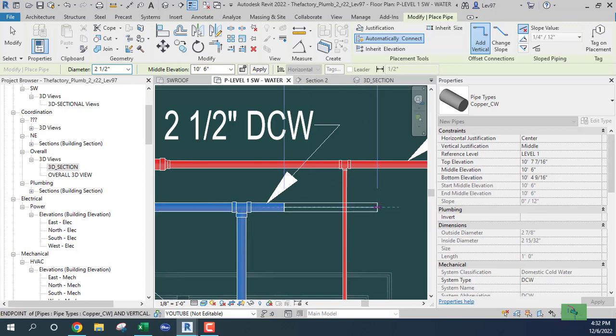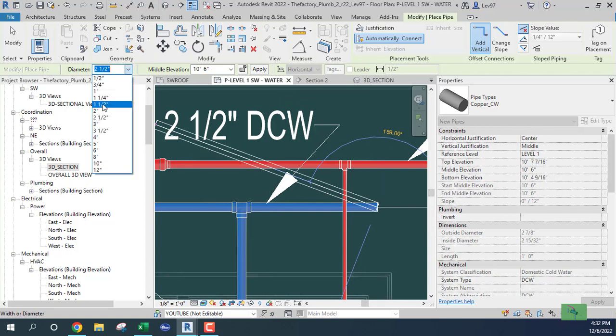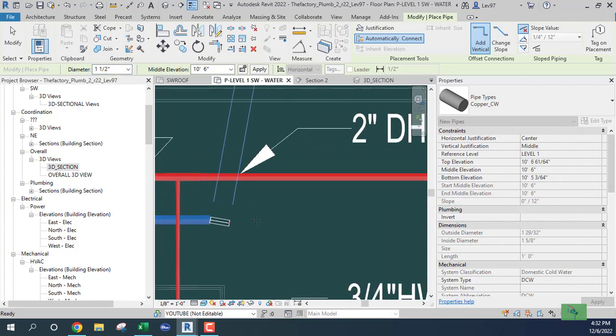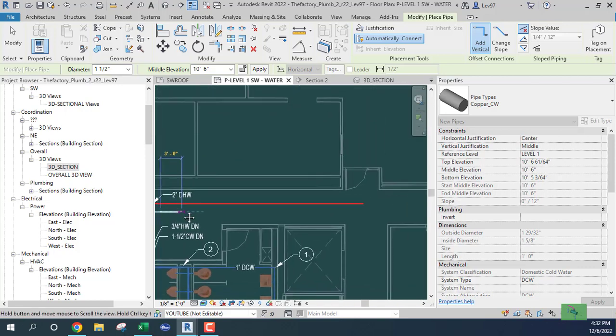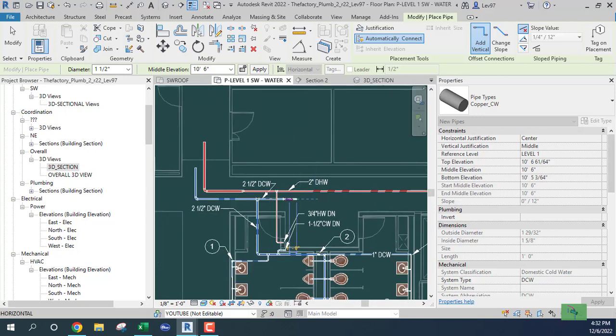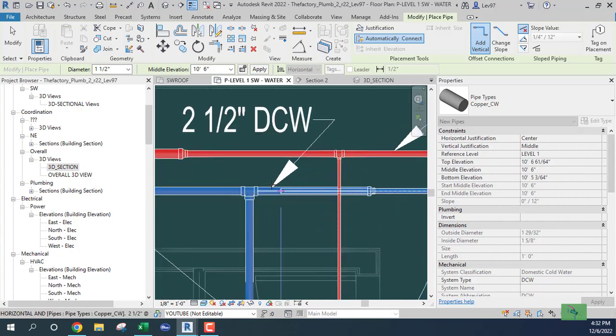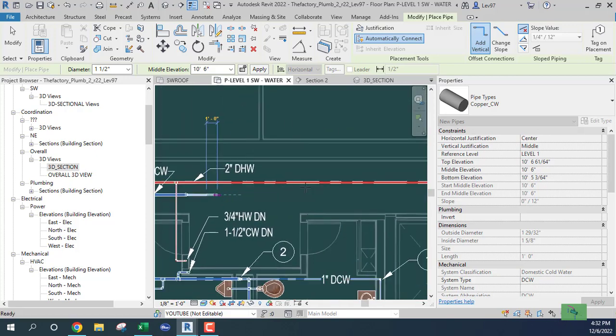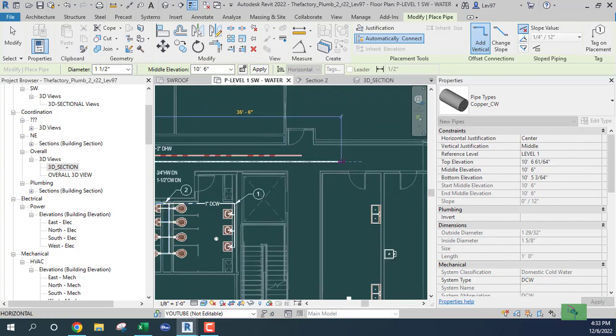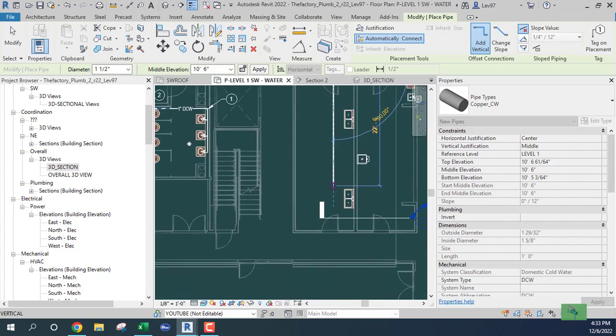2.5 inch. Okay, let's change it to a 1.5 inch. Just trying to see what happened. Okay. Yeah, I like that fitting better. It might be one out there in the industry. What size is that? 2.5 by, I don't know, 3. Okay, so we have our 1.5 inch going down to feed our